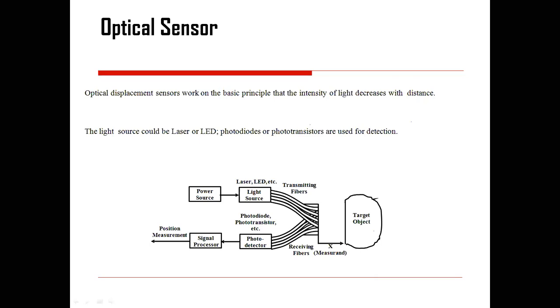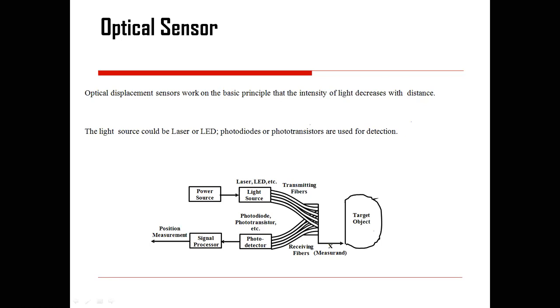So what happens, as your target is moving in the forward direction, x is nothing but the displacement of the target. If it is moving in the forward direction and your system of transmitter and receiver is at one fixed position,